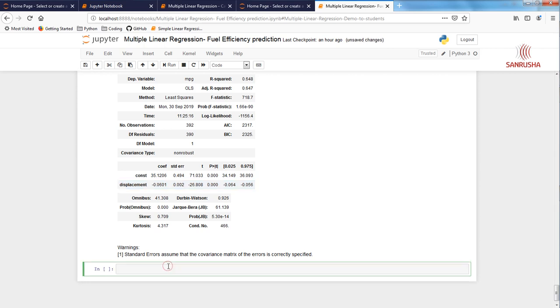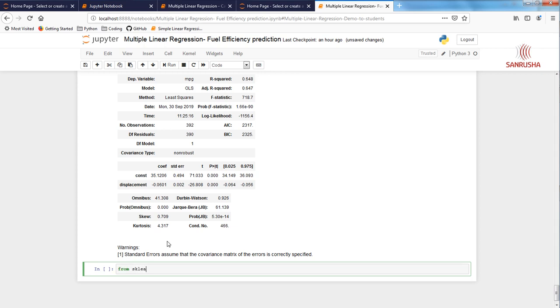Let's move on. We already did part of data pre-processing because we got our x and y ready. Now we have to create our training set and test data set, which is very much similar to what you have done in simple linear regression.